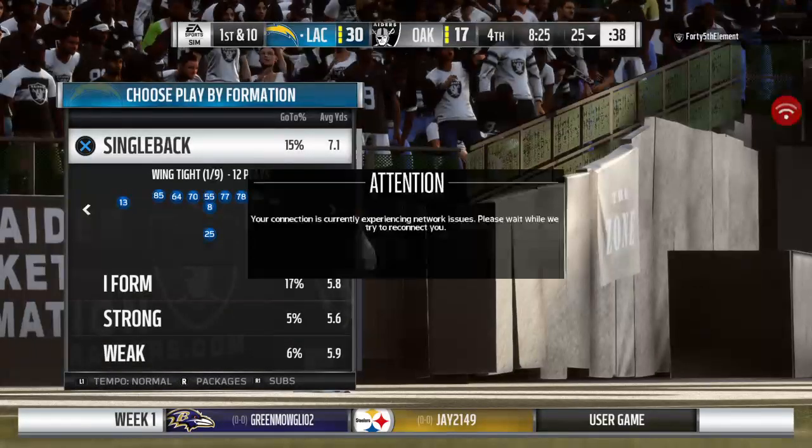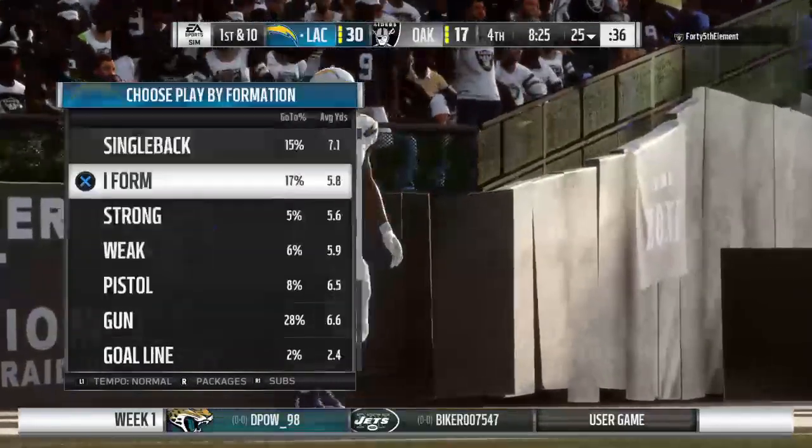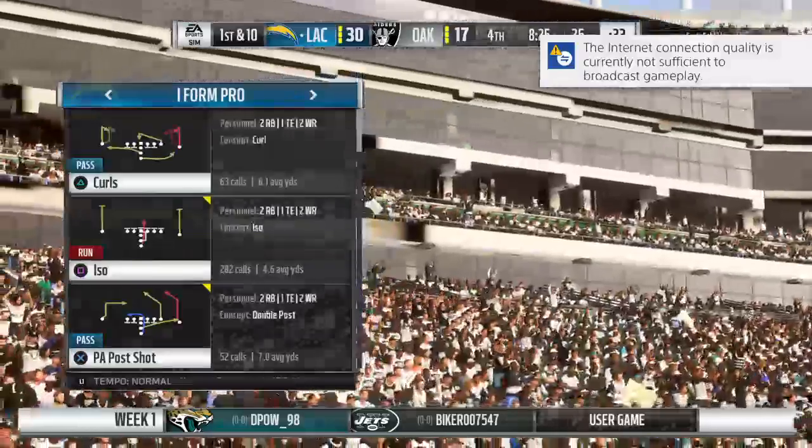And now out on the field, here comes Los Angeles. They've been pretty anemic on this side of the football in the second half, just 3